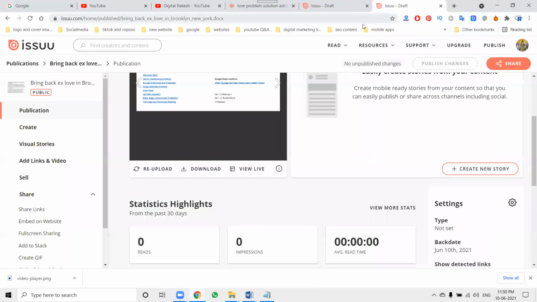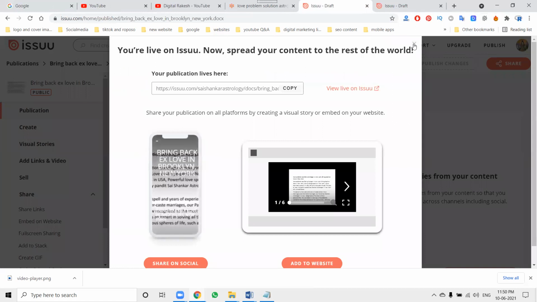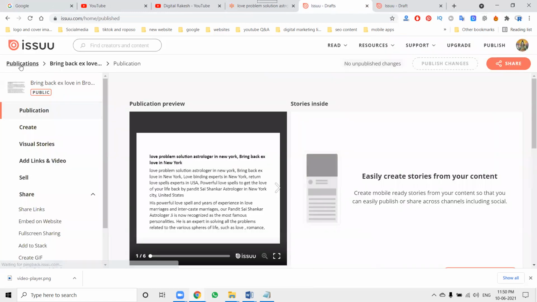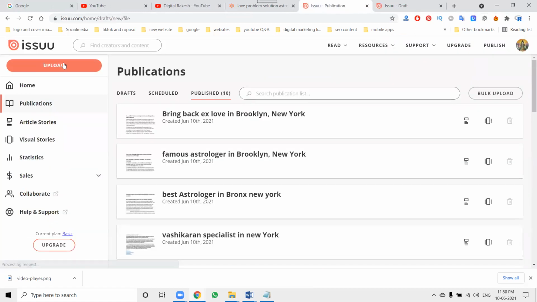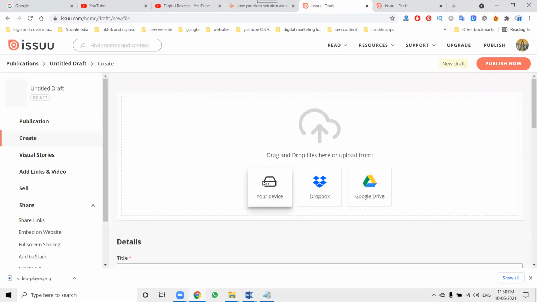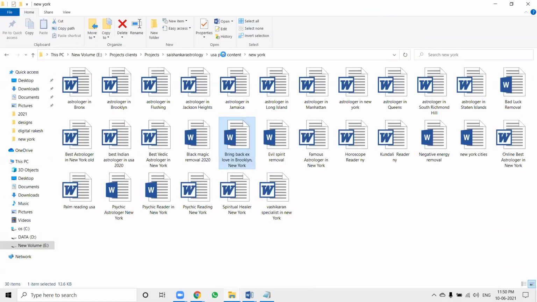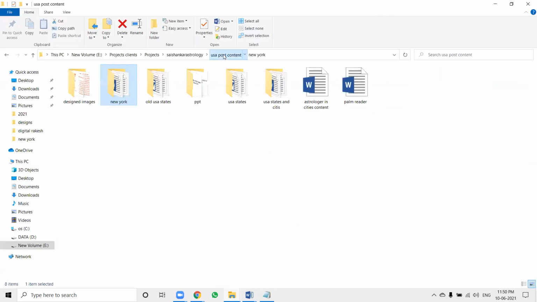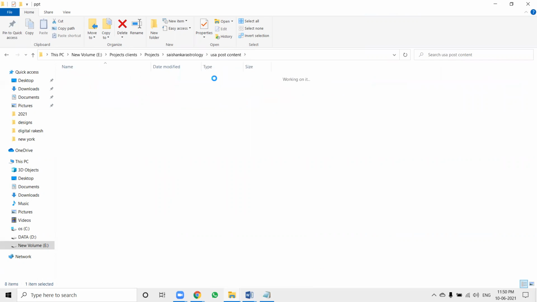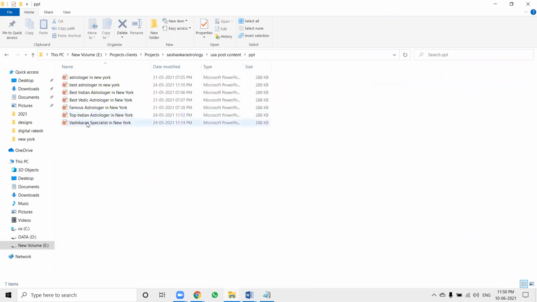Next, we can submit the PPT, the next option. Go to publishing, upload, and select the documentation. Before uploading the PPT, first check whether you are using hyperlinks or not, because people compulsorily forget hyperlinks.